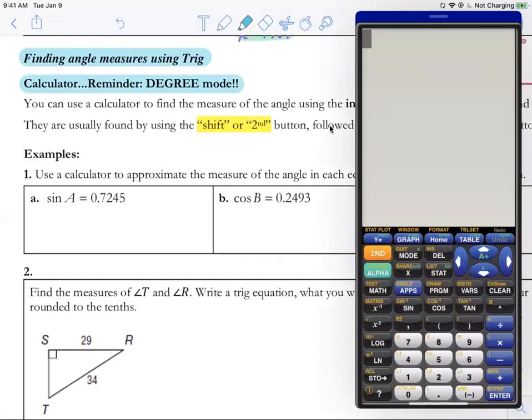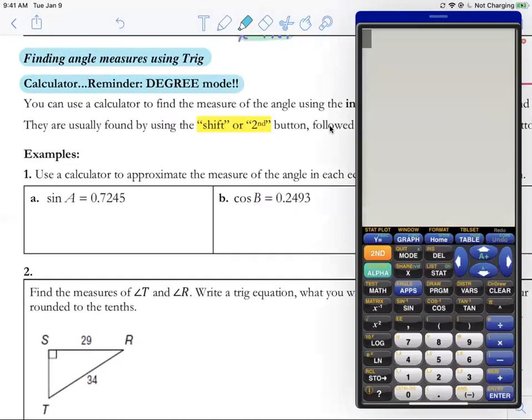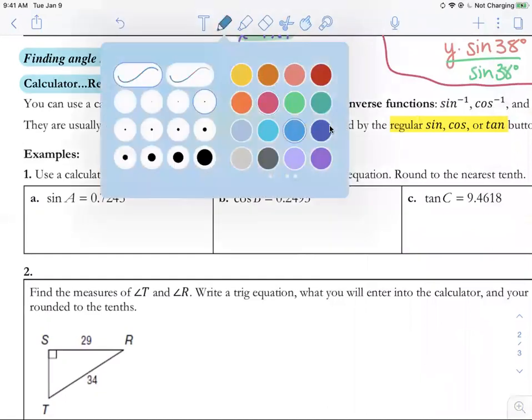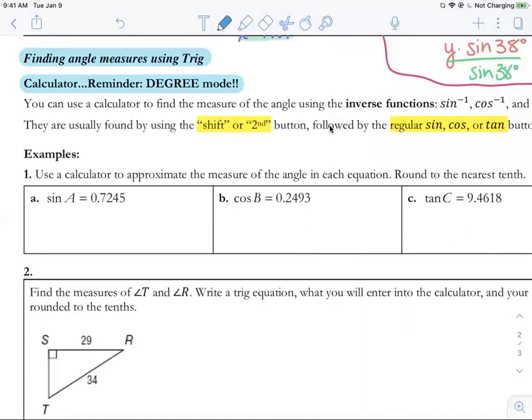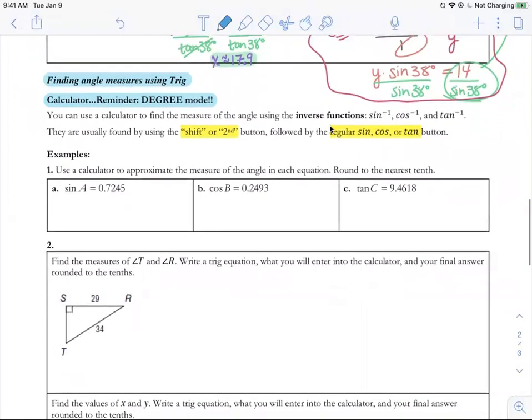Okay, so again, there are different ways of measuring. Radians and degrees are two different ways. It's just like inches versus centimeters, just two different ways of measuring angles. You'll do a lot of radian work in pre-calculus, but we'll only be doing degrees in geometry. Okay, so to find the degree measure of an angle, when you know the sine, cosine, or tangent, you're going to be